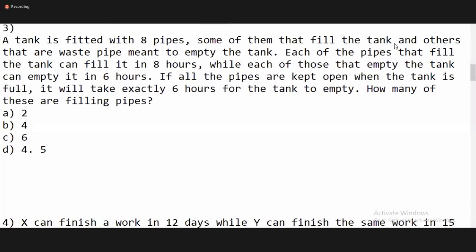Saket, already we discussed the third question. I took so much time. Yeah, got it. Okay, Pujita. Saket, the question is very simple. There are a total of 8 pipes. So they were asking how many are filling the tank and how many are emptying it. Okay. So the question is this.